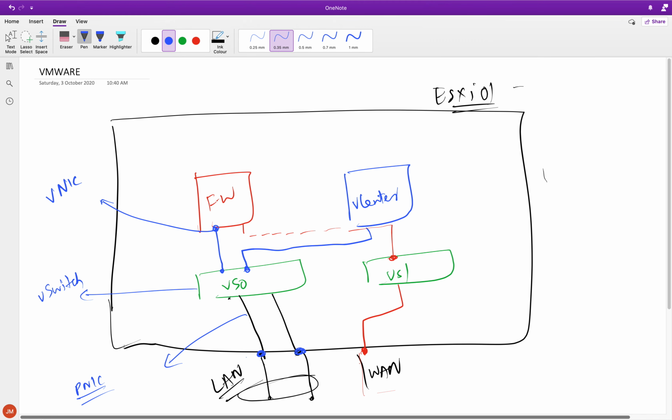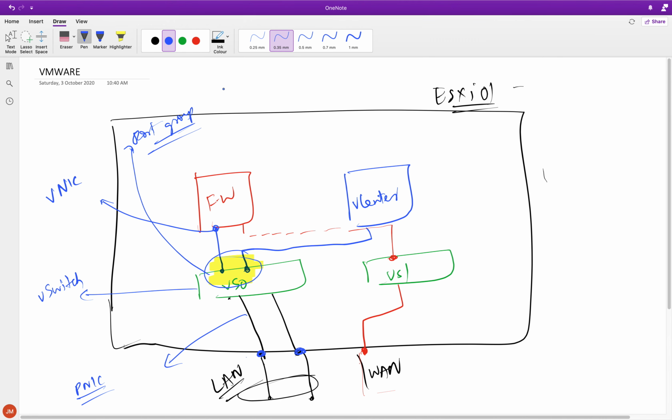I'll tell you the use case of port group, and then you will be able to understand why we have it. With a port group, I can put these 2 VNICs, or these 2 interfaces, into what we call a port group. I can create a port group. Now, the use of this is, once I create this port group,